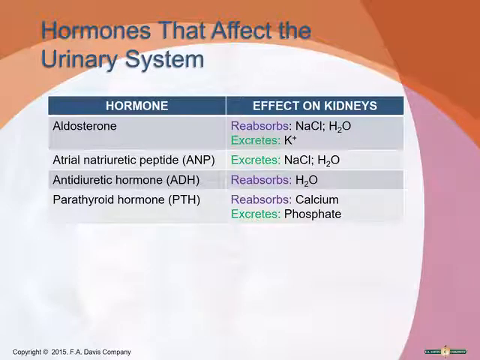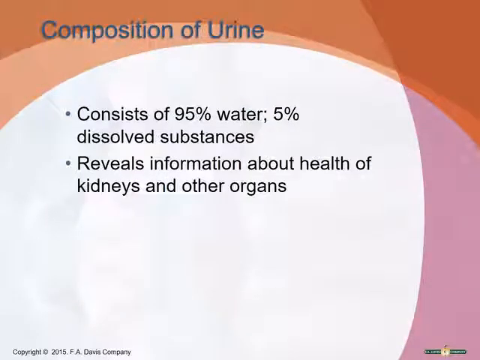We learned that with the endocrine system as well. Urine is made up mostly of water. In fact, about 95% of urine is water. Only about 5% of it is dissolved substances. These substances include things like urea, uric acid, ammonia, creatinine, and there's a few other solutes like sodium, potassium, and sulfate. A urinalysis can reveal a lot of information about the health of the kidneys and health of some other